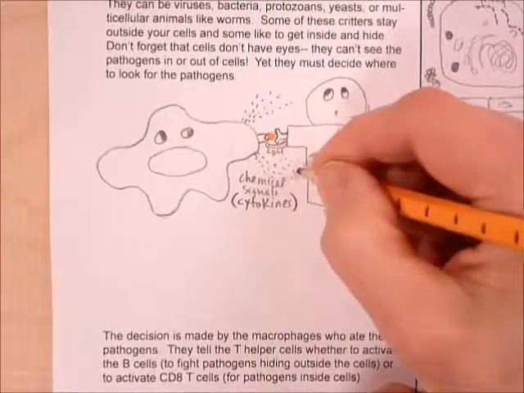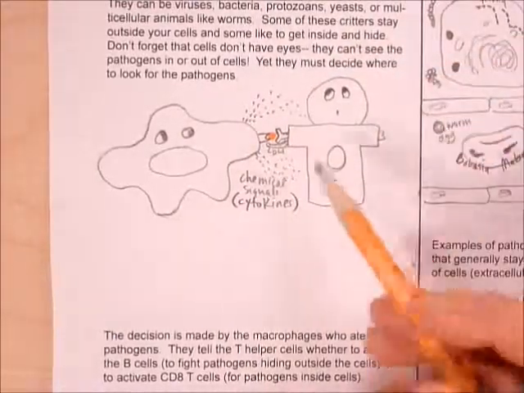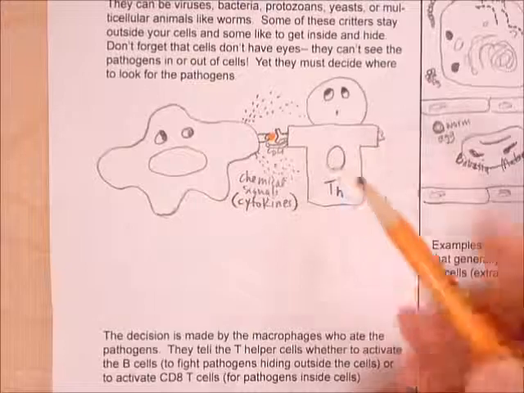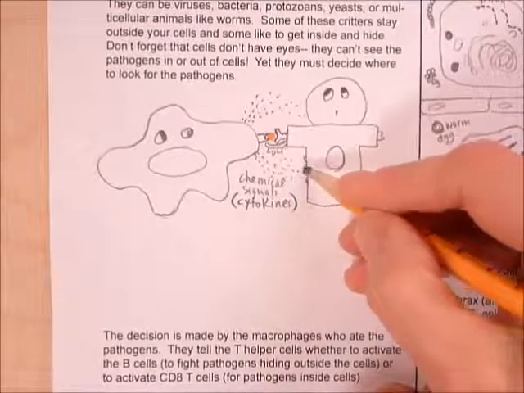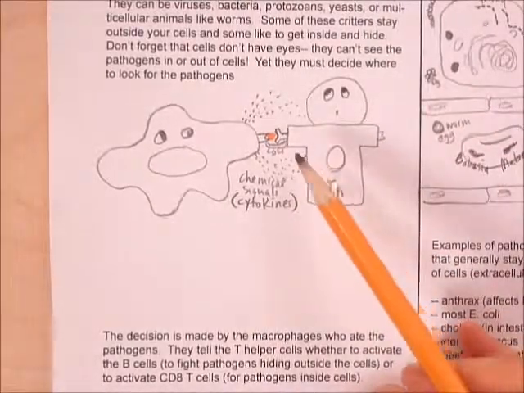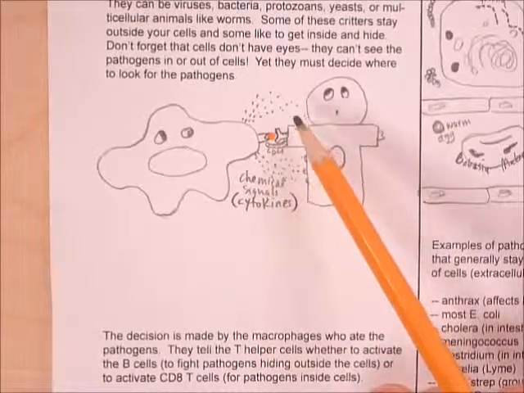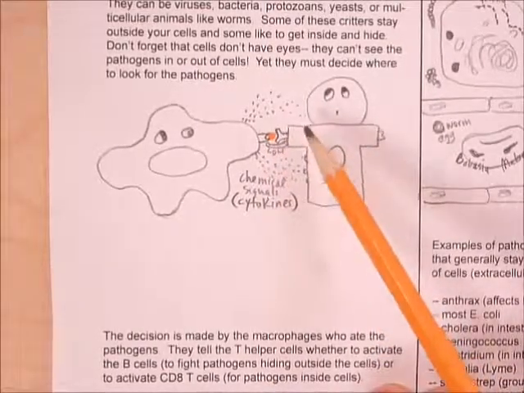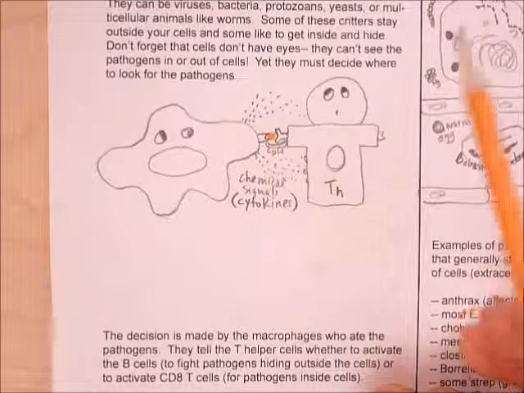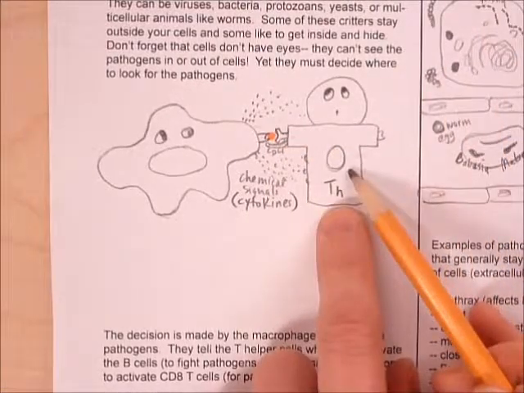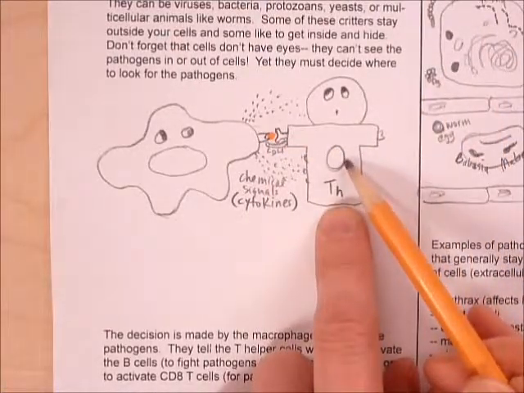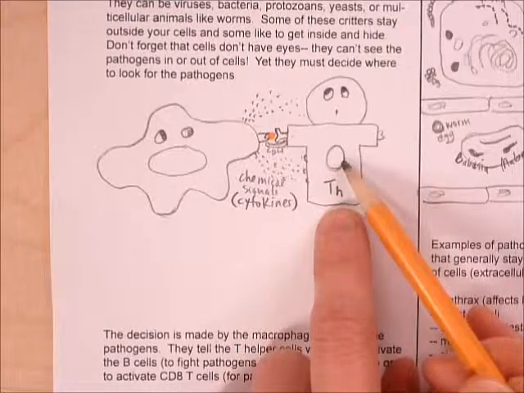It's going to give off these chemicals, which there'll be little receptors here on the side to take them in. And it's a secret code. We don't know exactly, they're still researching this. We don't know exactly what goes on, but these chemicals will tell this helper, this CD4 helper, what to do,